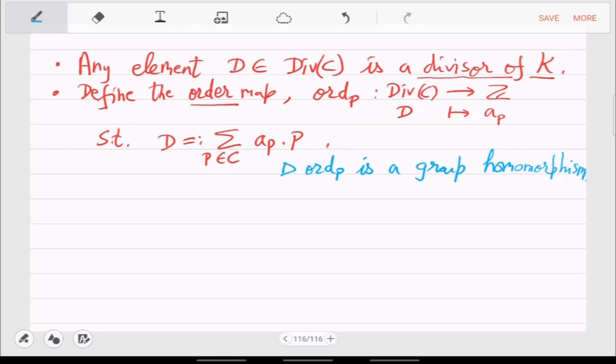I mean, obviously order is a group homomorphism. It is a group with respect to addition, group homomorphism with respect to addition. Right, div C is an additive group, and integers obviously are also an additive group. So, this is just a group homomorphism. Sums go to sums,